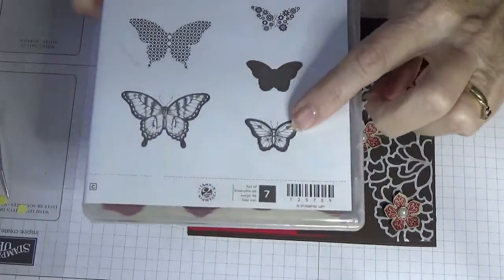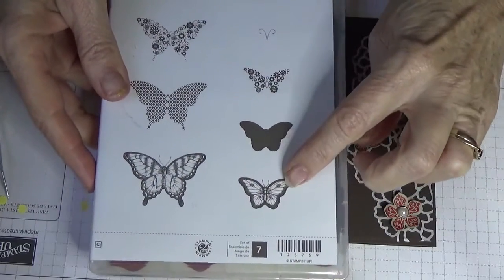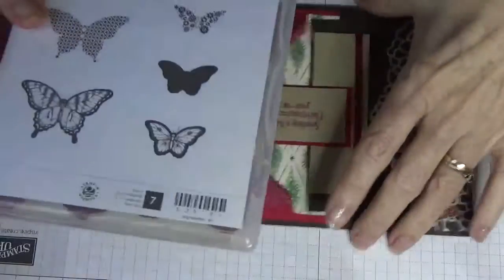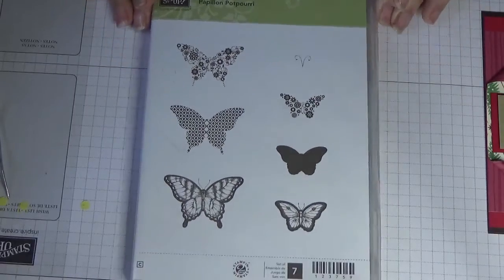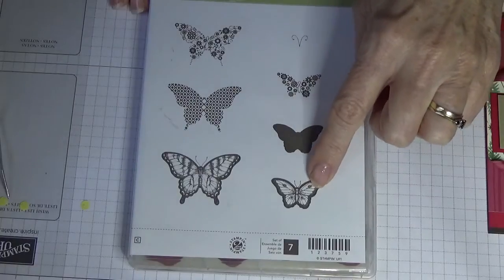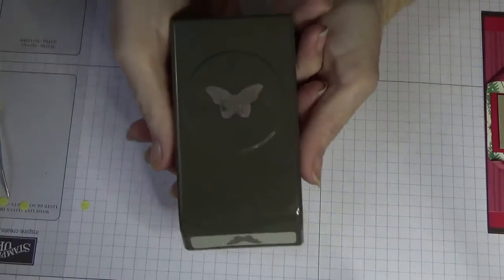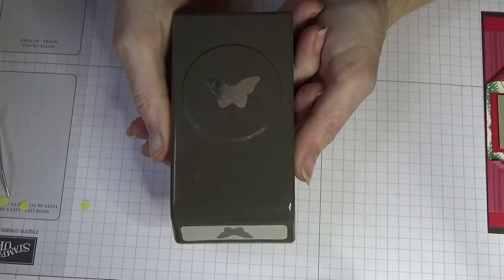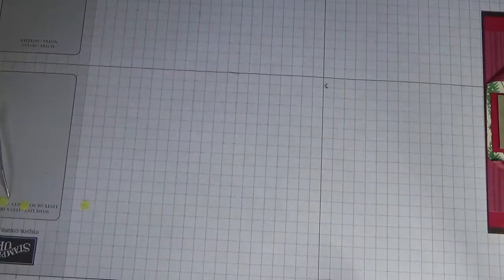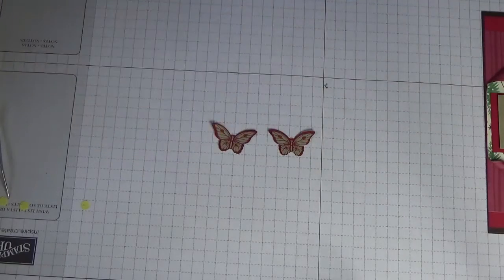Right, and then what I did was I stamped and punched out 2 of these butterflies. Now this is from, I'll move my card, this is from the Papillon Potpourri set, sorry, and I've just used this butterfly here, and it does have a matching stamp. This is the Bitty Butterfly Punch. You also can get the Elegant Butterfly Punch as well, which is for the larger flowers in the set. So I just did a couple of little ones there,